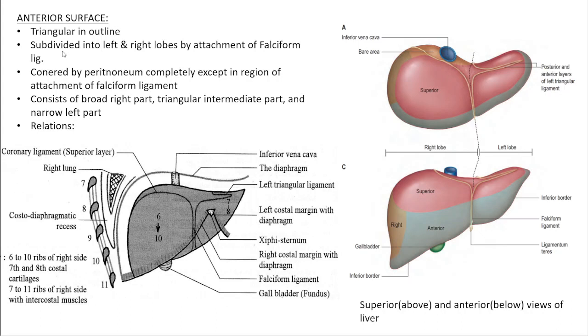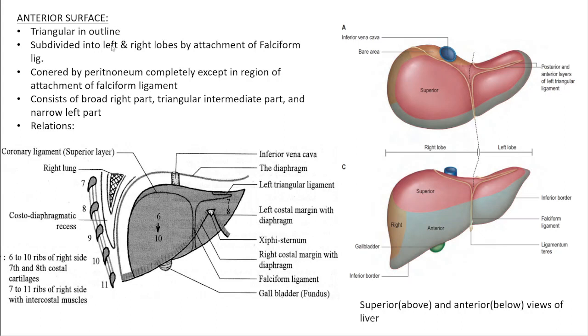Usually the inferior border of the liver does not extend beyond the right costal margin. What is the costal margin? This is the lowest part of the cartilages of the lower ribs. However, in females and in children, the inferior border might extend slightly below the costal margin, and it can be felt on palpation, that is, on touching the anterior abdominal wall deeply. Sometimes the inferior border of the liver can be felt.